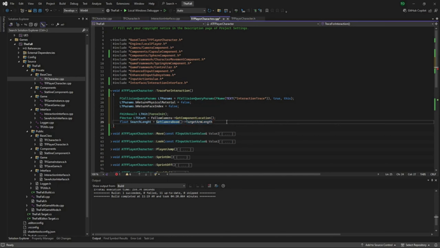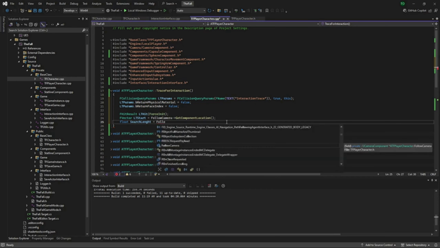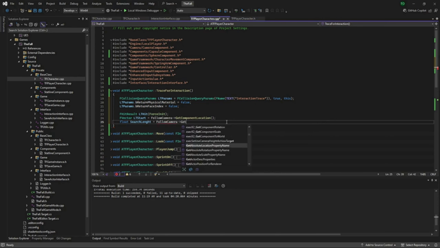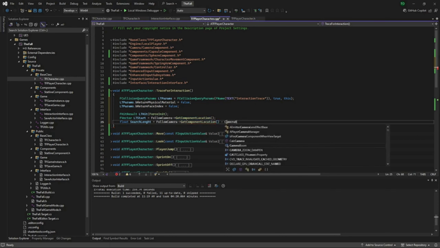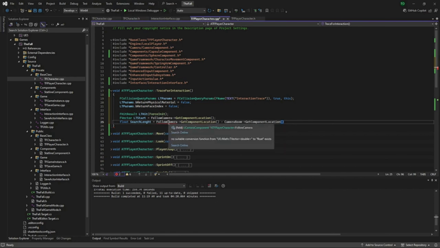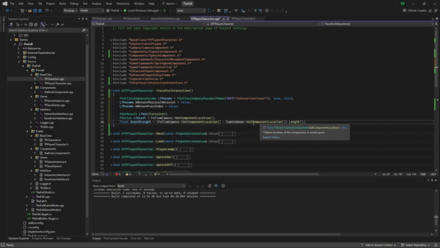Equal. Okay, so I'm not going to do a helper function for this one because it's a little weird, but it's follow camera get component location minus camera boom get component location, dot length. So just to explain this quickly, the camera boom's location is where it is attached to the